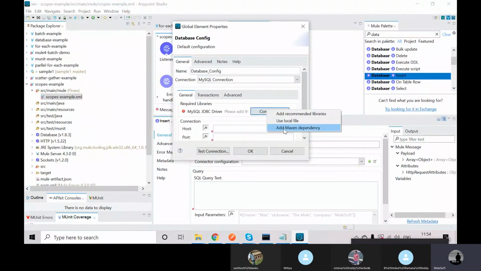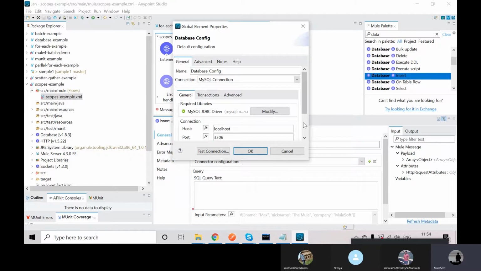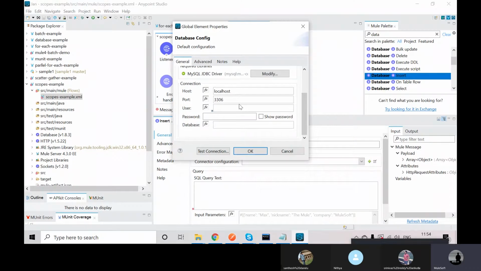Here I'll give the dependency like the MySQL jar, and here I'll give localhost, port is 3306, my username is root, password also root, and the database is testdb.